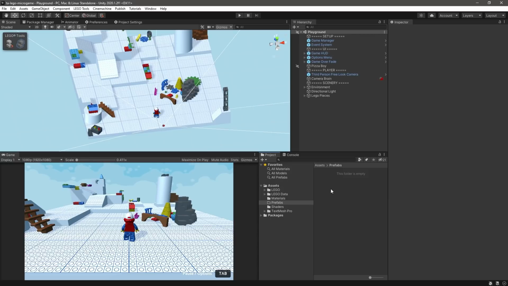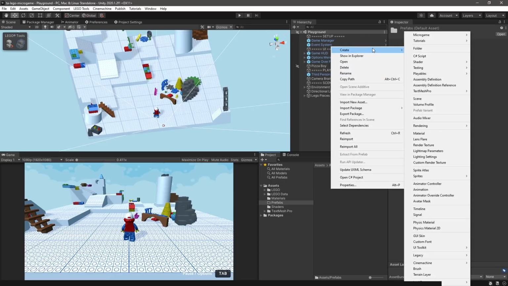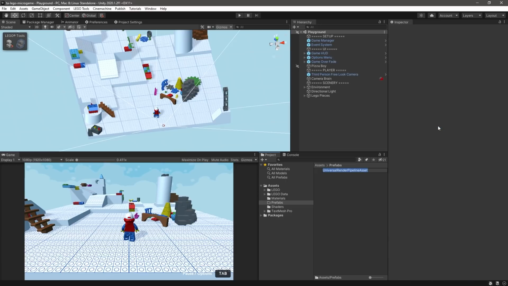Once the materials are re-imported, we'll need to do a few more steps so that our project is actually using the universal render pipeline. In our project view, we'll need to create a render pipeline asset. Right-click in your project view and navigate to Create, Rendering, Universal Render Pipeline, Pipeline Asset, Forward Renderer. Two assets are generated. The Universal Render Pipeline asset, which we named default_URP, and the Forward Renderer asset,